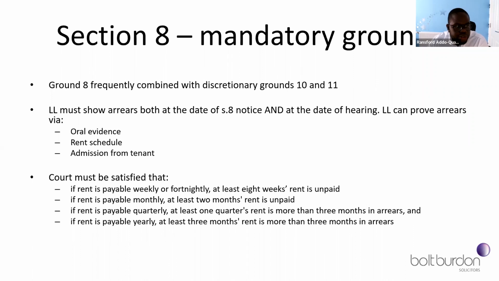We see ground 8 most frequently combined with discretionary grounds, as we've discussed, 10 and 11, 10 being that there's some arrears owing at the date of the notice, and 11 being that there's been persistent delay in paying rent. The landlord needs to show arrears at both the date of the notice and the date of the hearing. This is very important. You could serve notice with somebody being in, say, 4 or 5 months